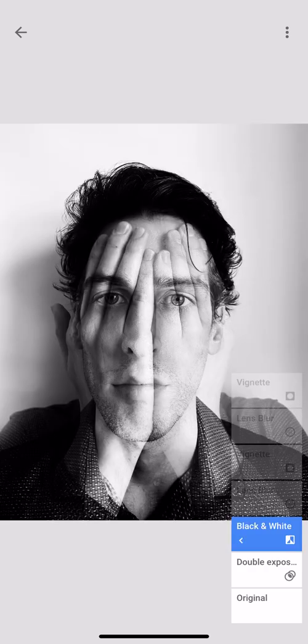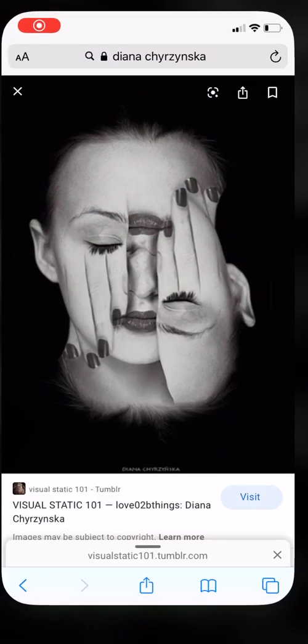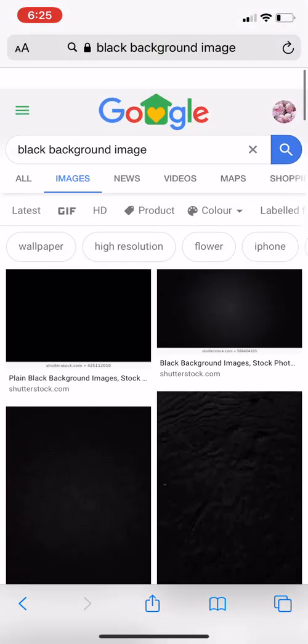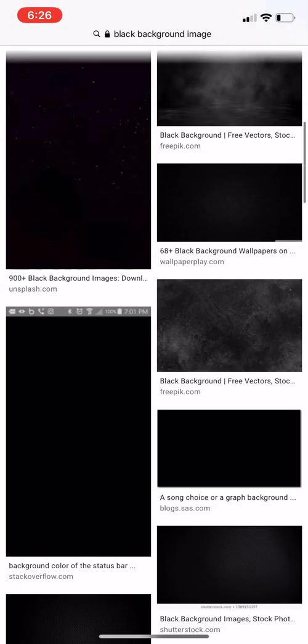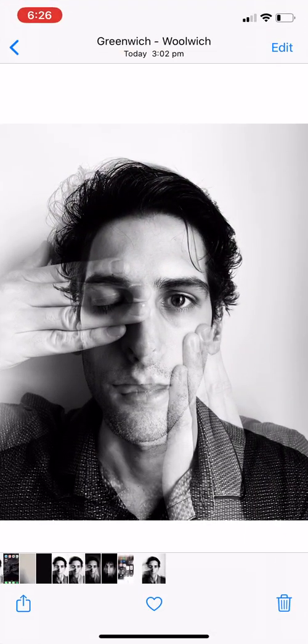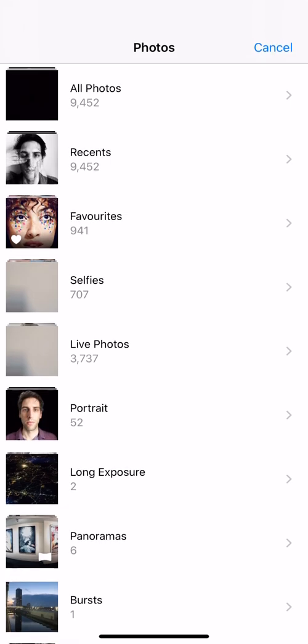I go back to black and white, is the layer mask tool that I was explaining earlier on. So go to double exposure, and what you need to do prior to that is save a black and white image. When you search online, you usually just click an image like so. There isn't really much of an option here for some reason, but yeah, you click onto an image and you hold down, and then it will have lots of options, where you save a copy to your photos, and that's where it gets saved onto. So once that's done, then you go back to your Snapseed app, add it in like this,